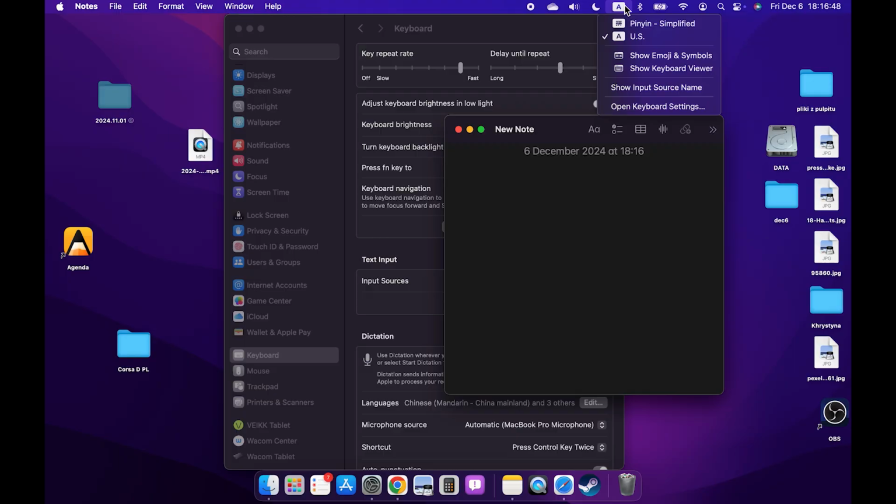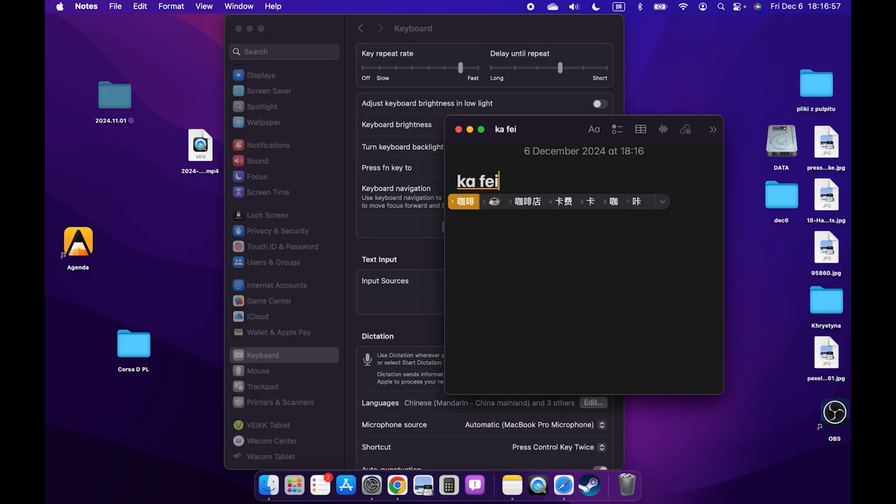To switch between keyboards, click here. Then you can switch between them and you can type in them. You can see they show you suggestions, and you can just click on them or